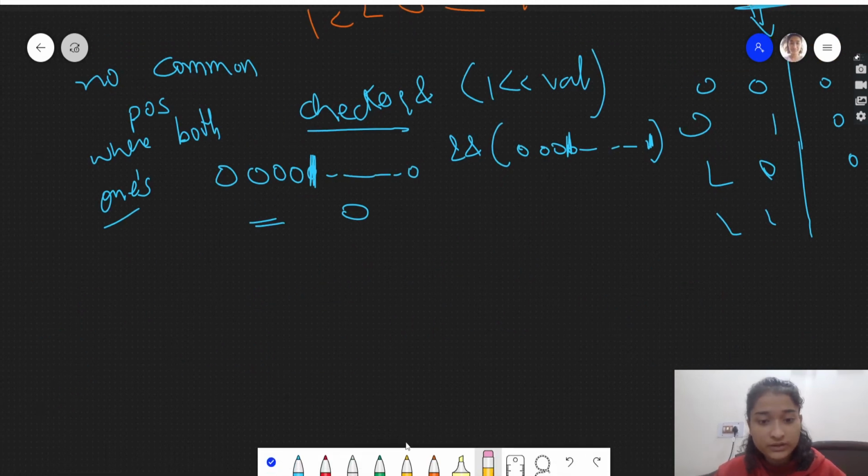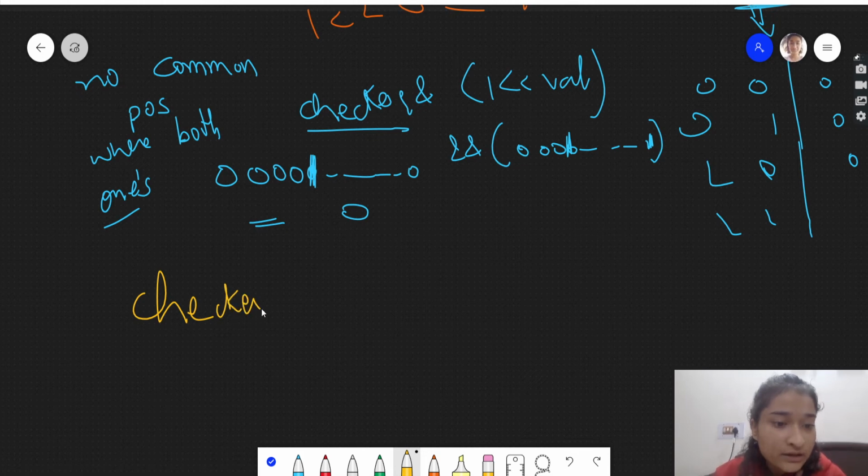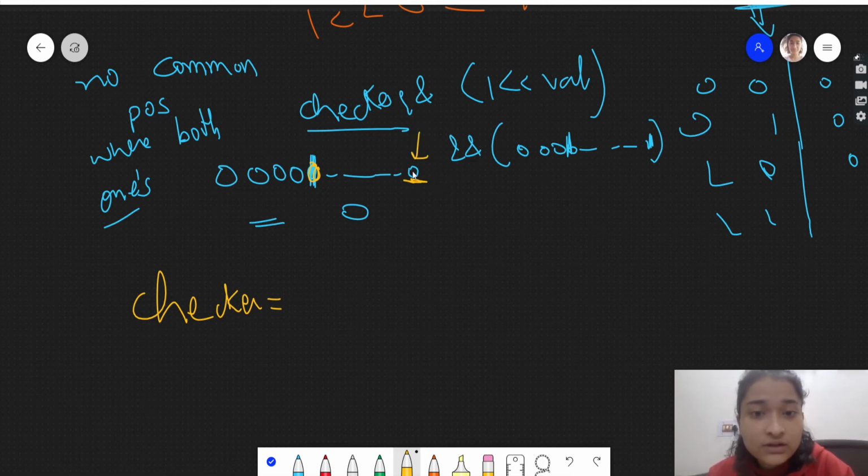So now we will update our checker. Our checker has to store the 'a' that we have already got. Checker was initially all 0, but now we have to maintain in this checker that the position of 'a' we already encountered, so this has to be 1 now.